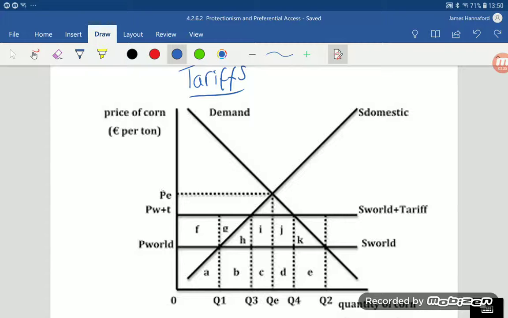For example, it assumes there are no economies or diseconomies of scale, that there are no transport costs or barriers to trade. There's perfect knowledge and the factors of production are mobile. Also, externalities are ignored. The other thing to note is that tariffs distort comparative advantage.